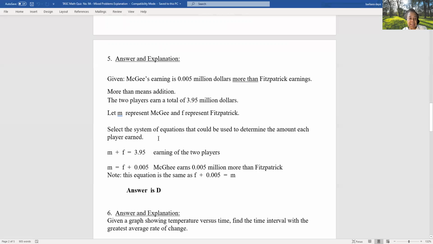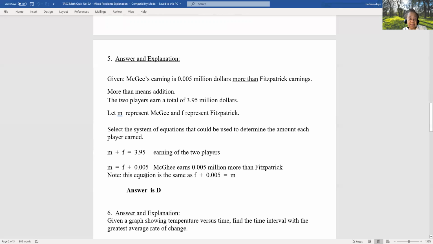Now, you are to select a system of equations that could be used to determine the amount each player earned. So, McGee plus Fitzpatrick, 3.95. That's the earning of the 2 players. McGee equals Fitzpatrick plus 0.005. That represents McGee earning 0.005 million more than Fitzpatrick. So the 2 equations are M plus F equals 3.95 and M equals F plus